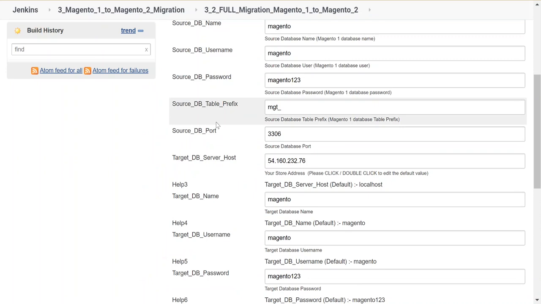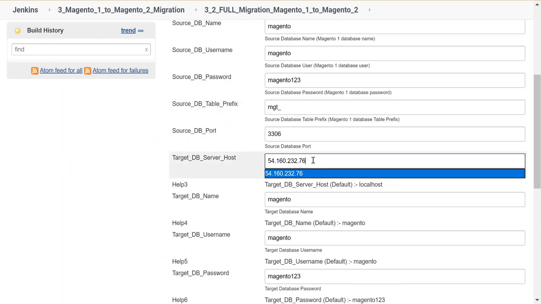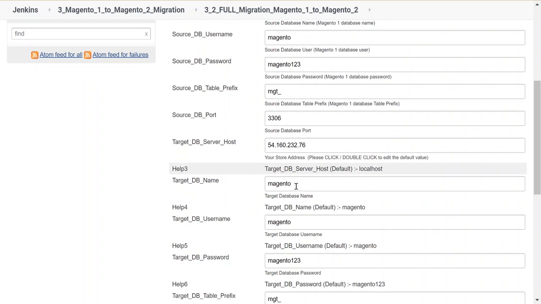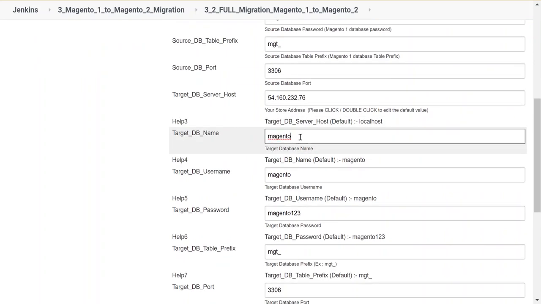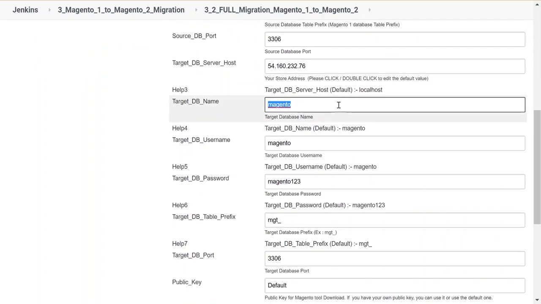This is all source. In the target, you can put your IP address or keep it default, and your target database. If you changed it, put the database name properly. If you don't know, go to your simple installation and find out what database name you put.